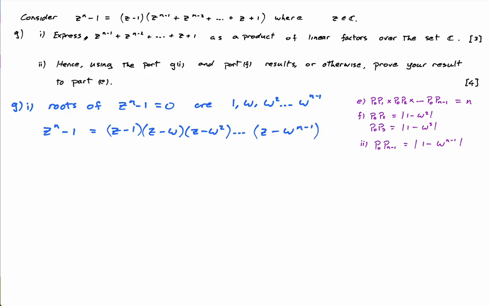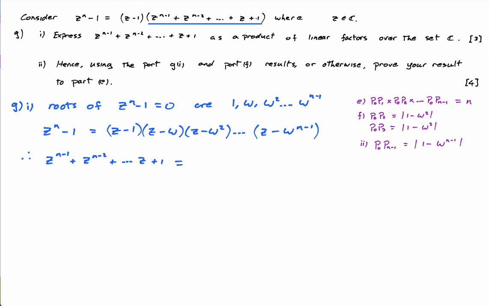But the question just says express this part as a product of linear factors. So I'm going to say therefore z to the n minus 1 plus z to the n minus 2 plus ... plus z plus 1. So this has to equal, because z to the n minus 1 equals this, and there's our z minus 1 and our z minus 1,